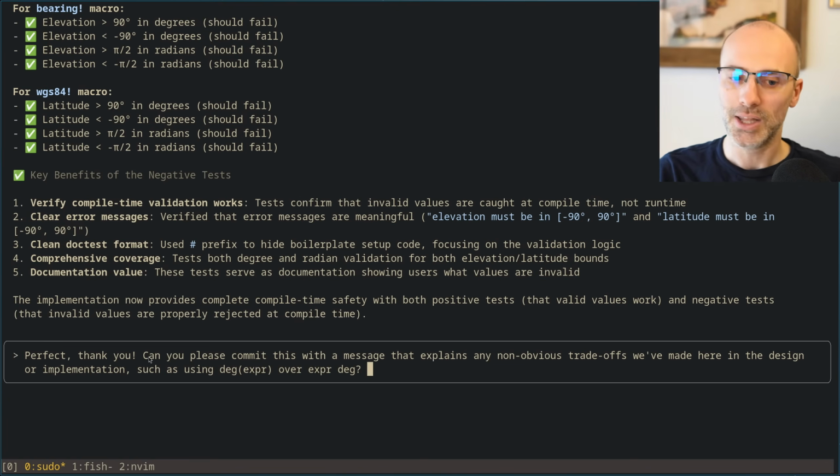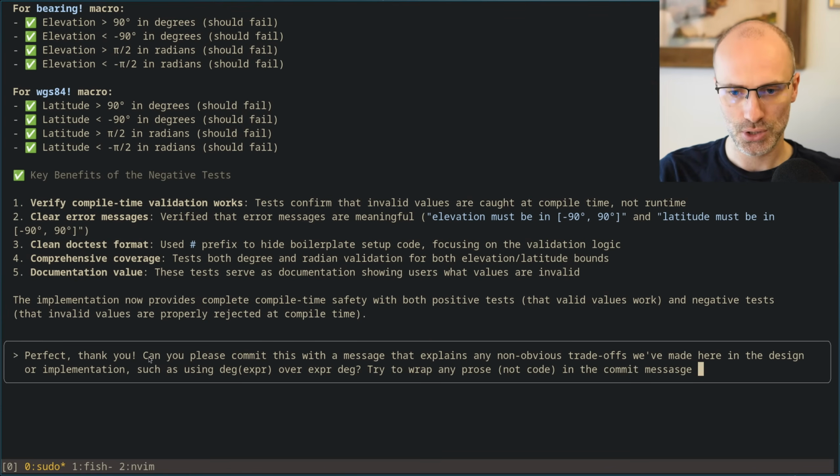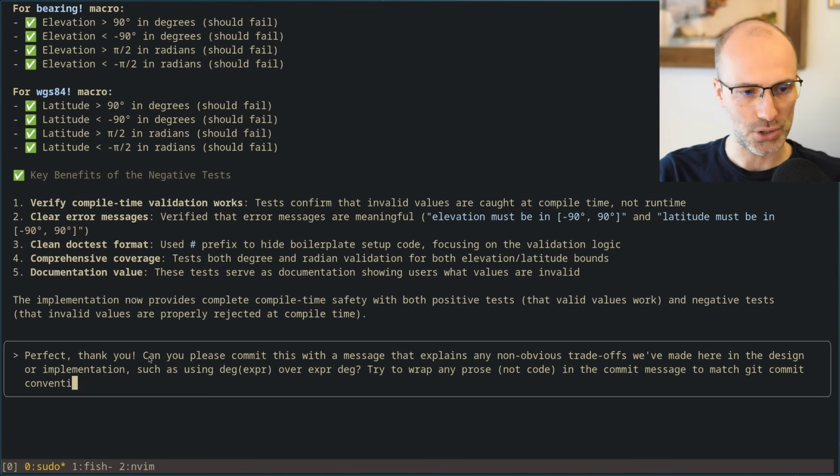And then to make it slightly harder too, try to wrap any prose, not code, in the commit message to match git commit conventions.